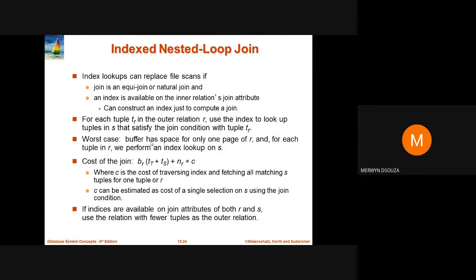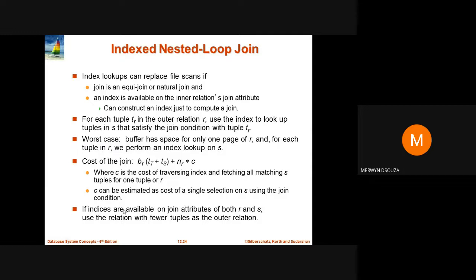In the worst case, the buffer will have space for only one page of R, and for each tuple in R, we can perform an index lookup on S. Therefore, the cost of the join will be Br into (Tt plus Ts) plus Nr into C, where C is the cost of traversing the index and fetching all matching S tuples for one tuple of R. C can be estimated as the cost of a single selection on S using the join condition.